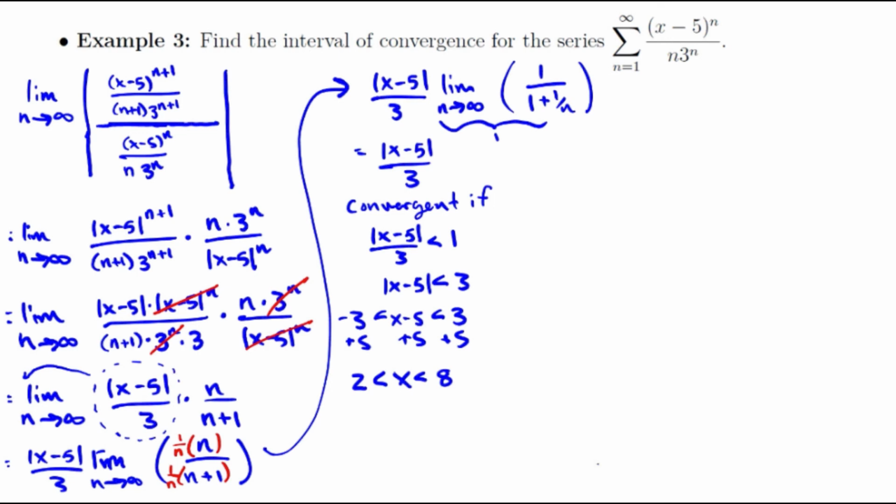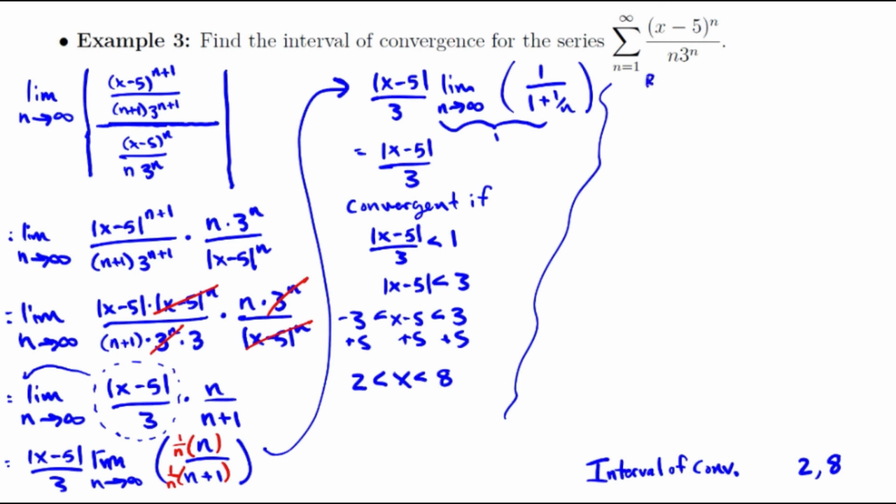Now down here, I can get most of my answer. So when they asked for the interval of convergence, I can definitely say that I'm going to go from 2 to 8. The only question is, does 2 get to come to the party? Does 8 get to come to the party, right? Or in other words, are we convergent or divergent at the endpoints, right? So we're saying